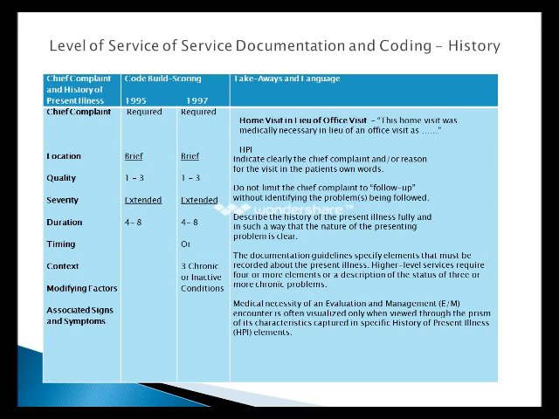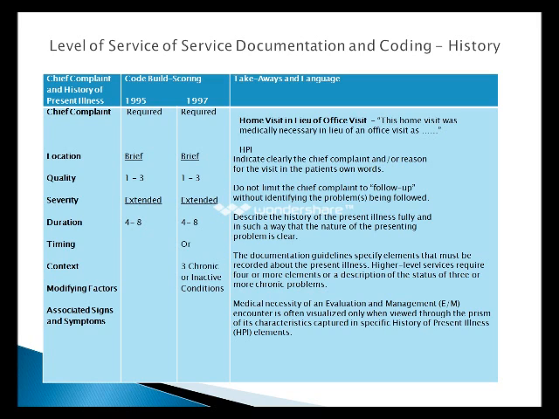In the 1997 guidelines, we want to establish the medical necessity and the chief complaint and history of present illness at each encounter with the beneficiary. Each time, whether you've gone in multiple times that week for an unstable patient post-discharge, or it's a patient that you see perhaps twice a year, or every few weeks, you want to establish that medical necessity up front as part of the patient's chief complaint and history of present illness.